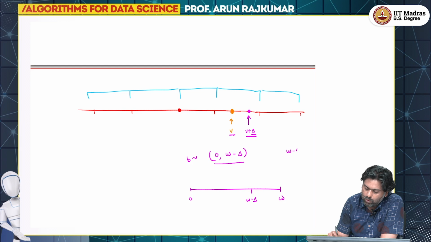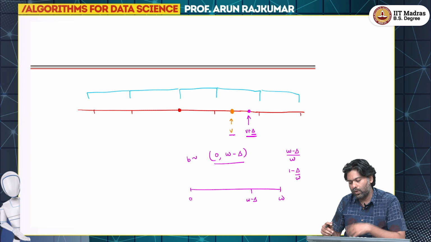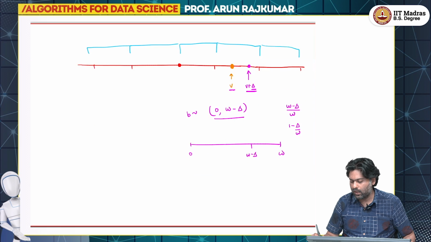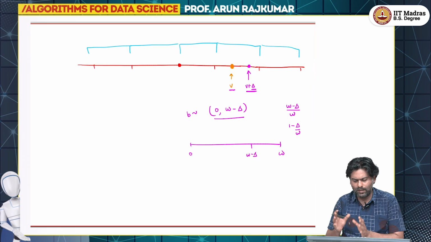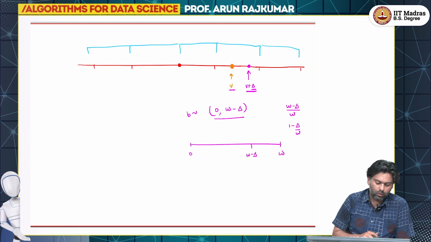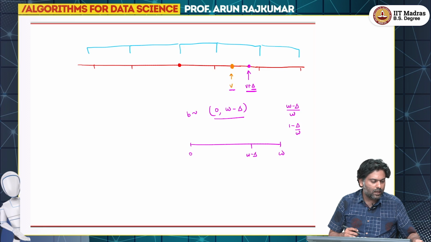So, that would be just W minus delta by W, the entire length by the length where you want it to be. So, which is like 1 minus del by W, because mod del is anyway less than W. So, this is still okay, right. So, basically then what we are essentially saying is,